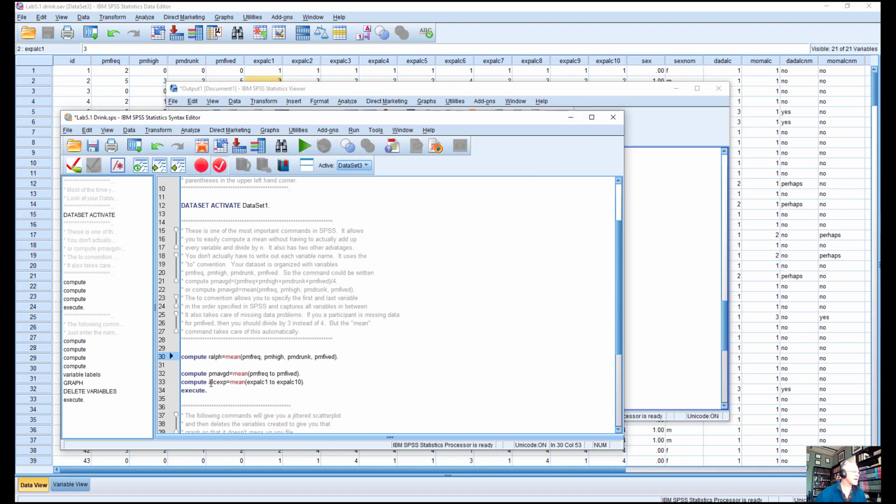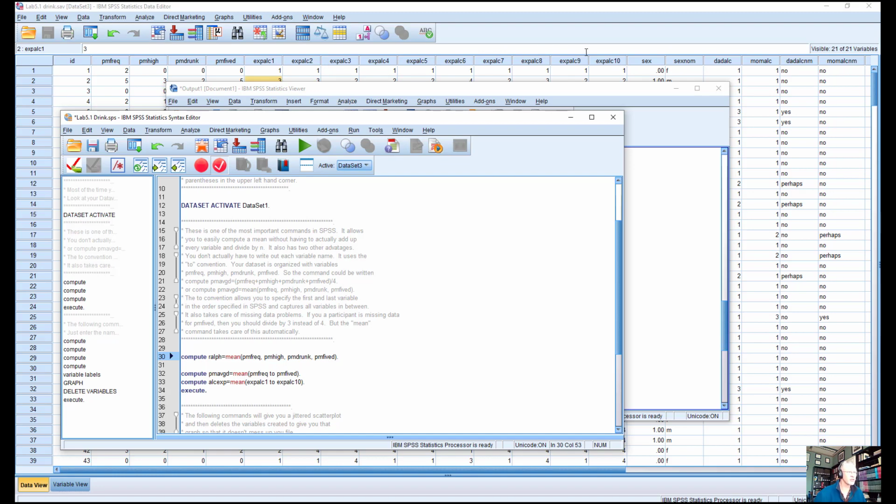Now I've also used this for my next command, compute alcohol expectancies equal the mean, going from alcohol expectancy item number 1 all the way to alcohol expectancy item number 10. Just keep in mind that they have to be ordered that way. If the order was number 1, 10, 5, 4, 6, 3, 9, 8, 7, and it ended up 7, you would have to go alcohol expectancy 1 to alcohol expectancy 7.